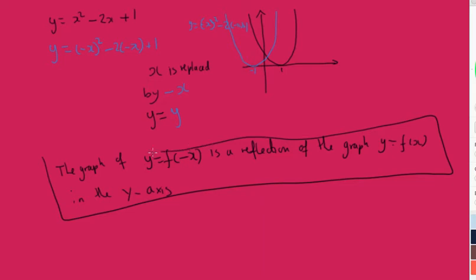Okay, we're going to look at an example of this in practice. So, the quadratic graph y equals f of x has a minimum at 5, minus 7. Find the coordinates of the